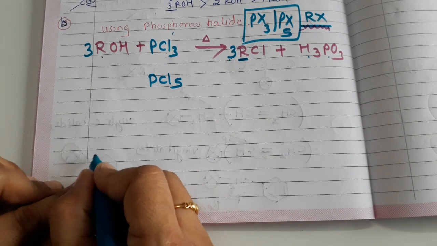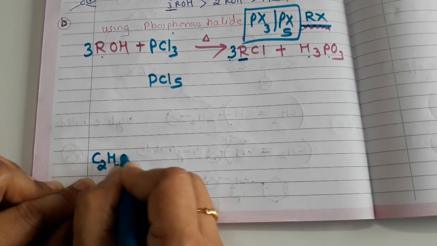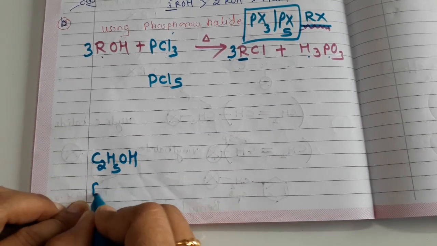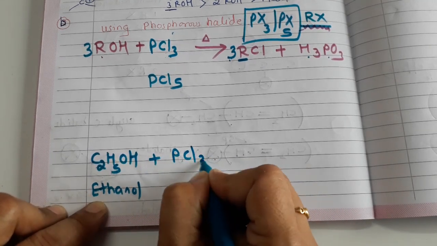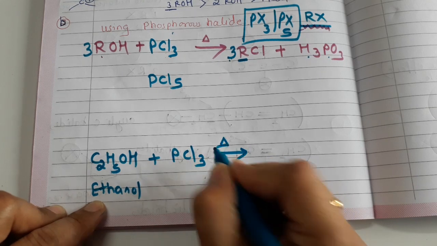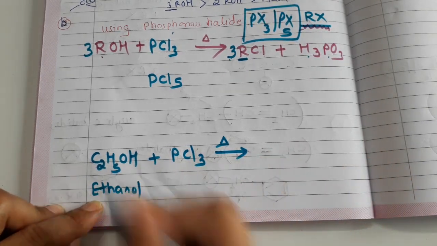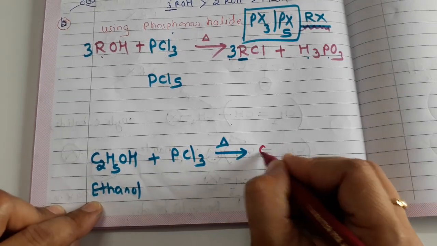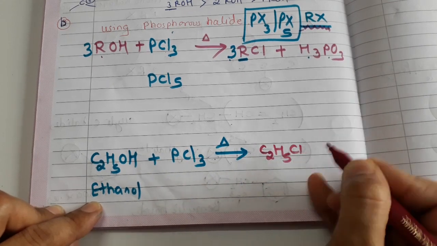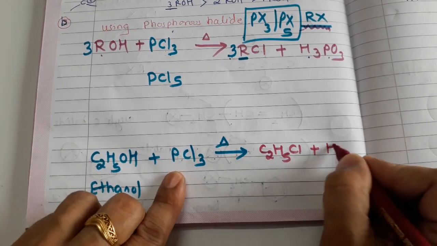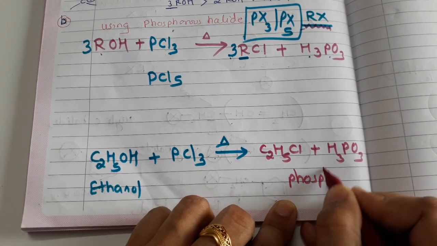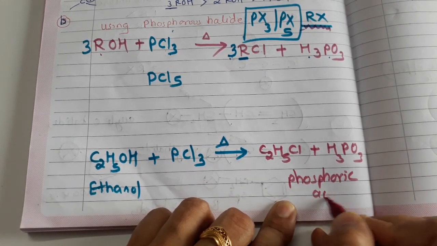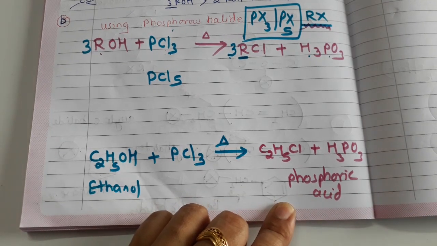Okay, now I can write here the example of, this is your ethanol, isn't it? This is ethanol. जब रिएक्ट करता है फॉस्फोरस क्लोराइड के साथ माइल्ड हीटिंग पे, हमें क्या मिलता है? हमें मिलता है C2H5Cl. आपको ये लर्न करना पड़ेगा. एंड वी गेट फॉस्फोरस एसिड. ओके, फॉस्फोरस एसिड. ठीक है. नाउ वी आर मूविंग टुवर्ड्स द नेक्स्ट.